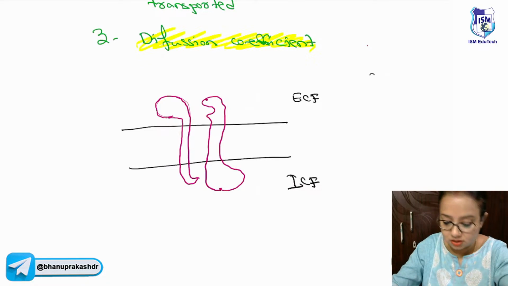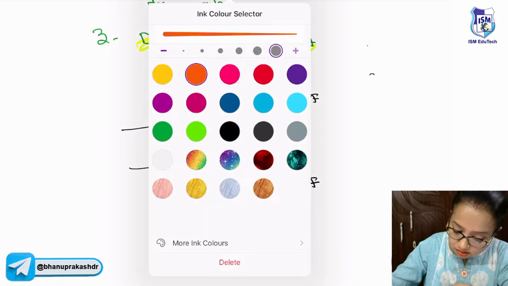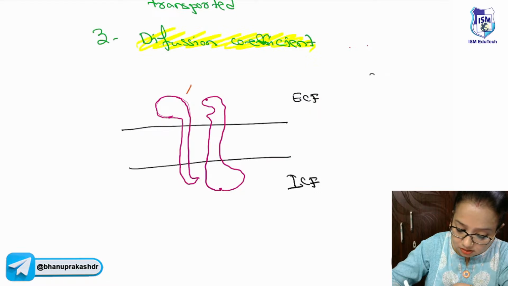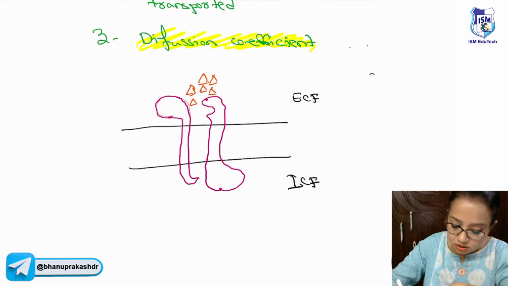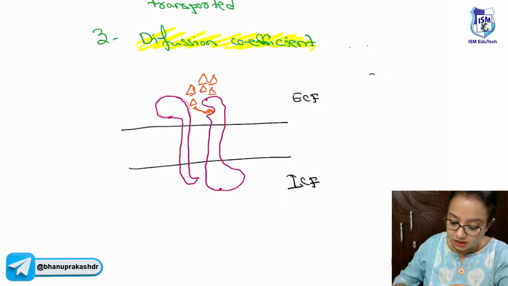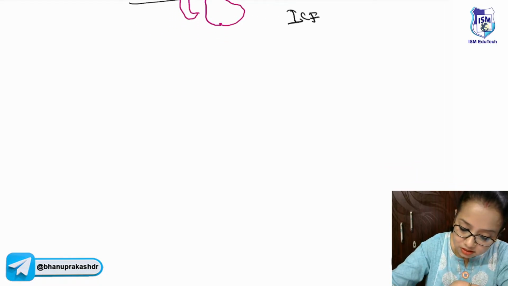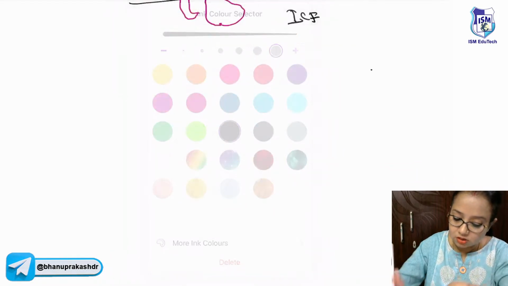And these are the molecules that have to be transported. So this molecule will come and bind at the binding site of the carrier protein, and then after change in the configuration,